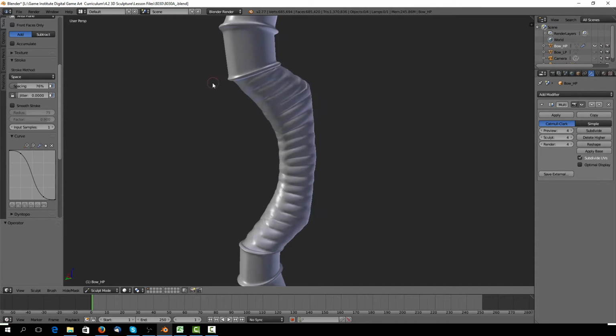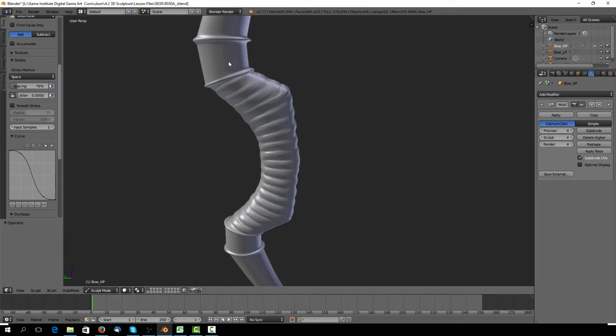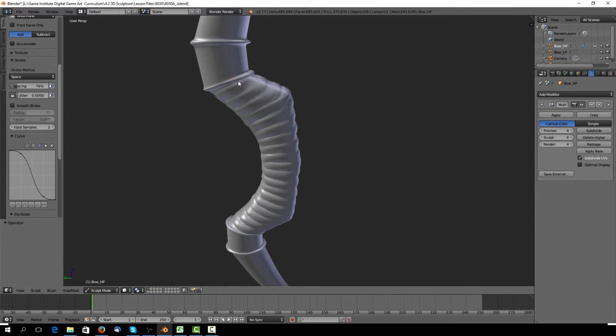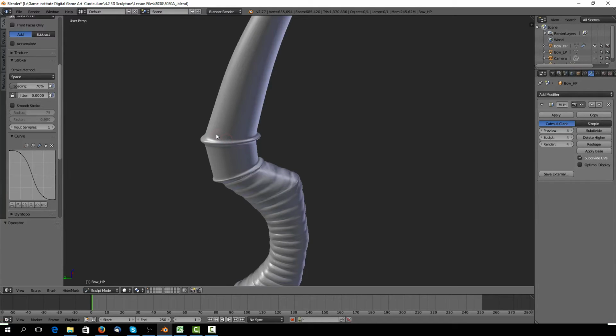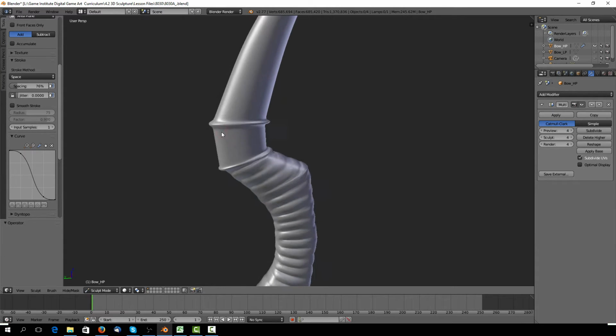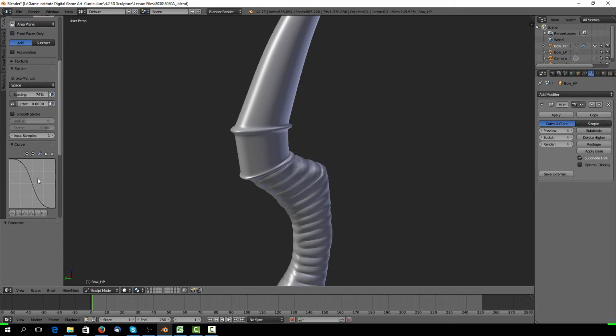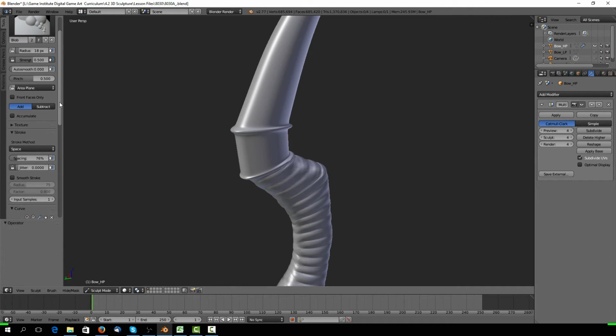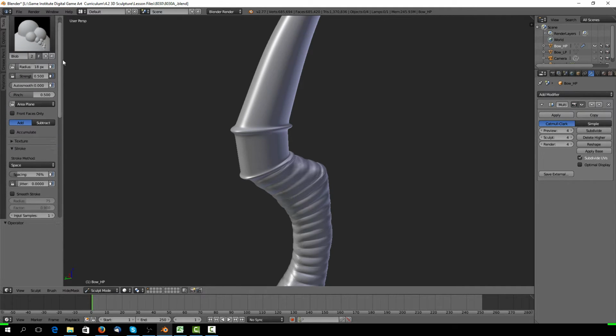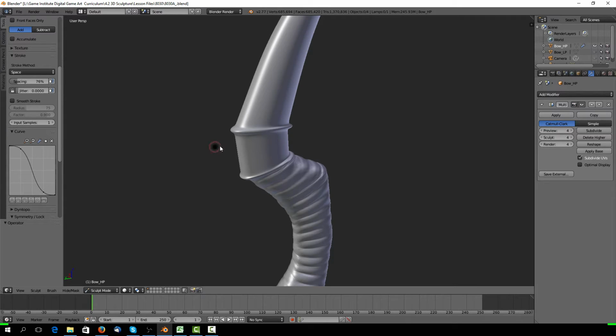Now remember, the spacing is based off of how fast you drag it across the surface and the spacing. So your results may be different than mine. It's also the scale plays into it too. So I'm just going to drag this across there. And the brush stroke, I should explain that. The brush stroke is this stroke plus whatever you're choosing up here. So right now it's giving me that kind of beady